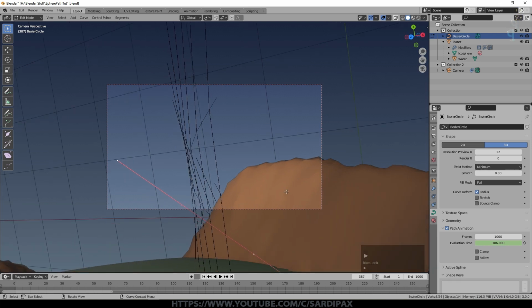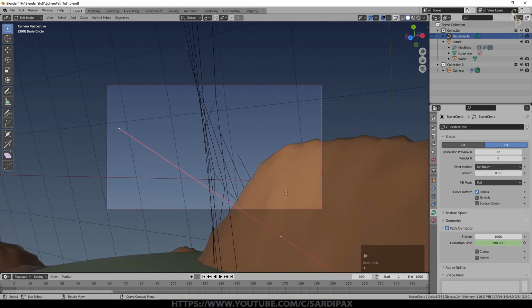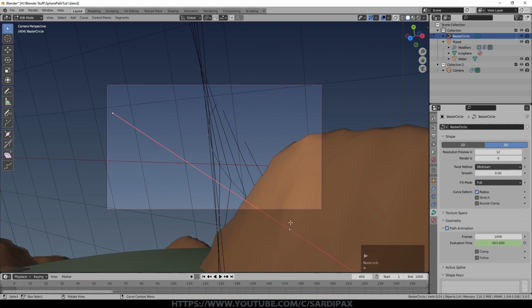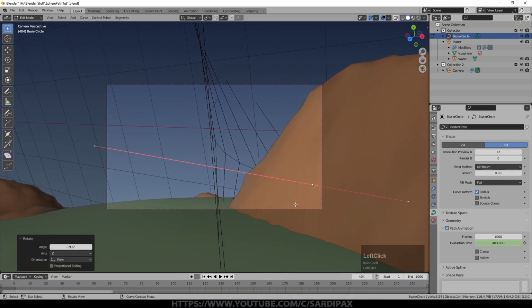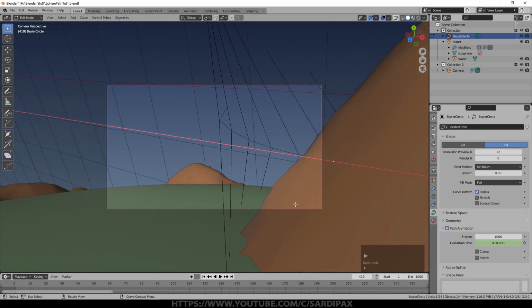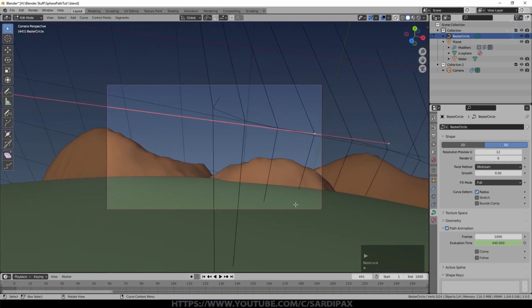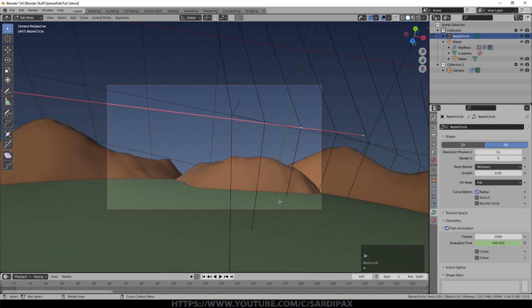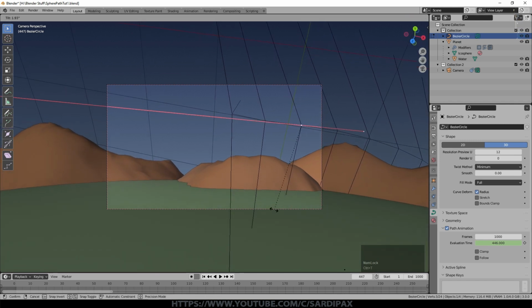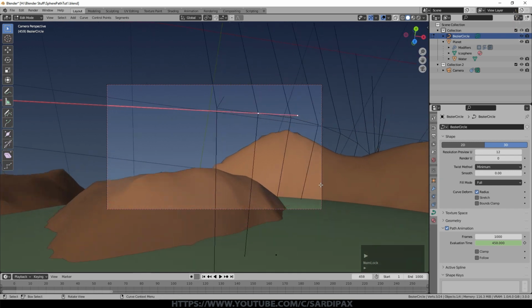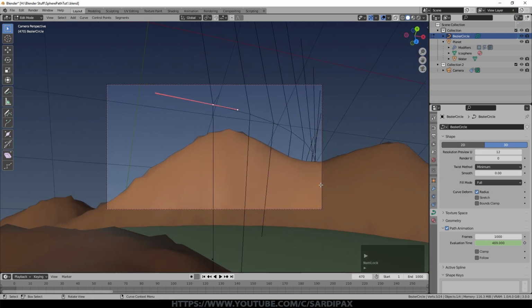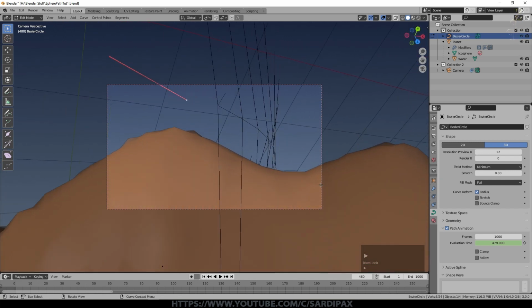So if I use just the forward key and see where we're going, you can see it's probably a little bit high there. So I'm just normal rotating there just to drag it down a little bit so that we can get a bit of horizon in, and then let it continue. And generally, just a bit of Control T there just to tweak the horizon again. And you'll need to do this really going through the whole thing because of the relative randomness of the terrain.